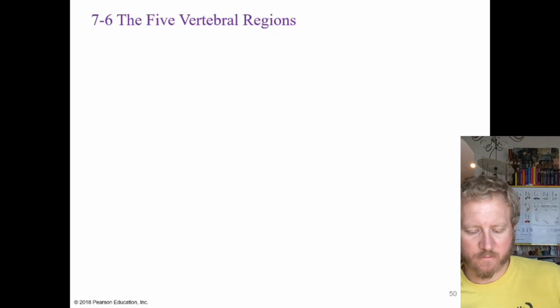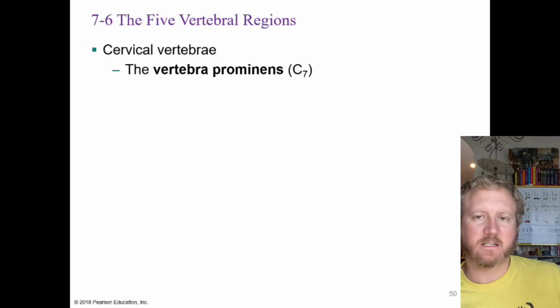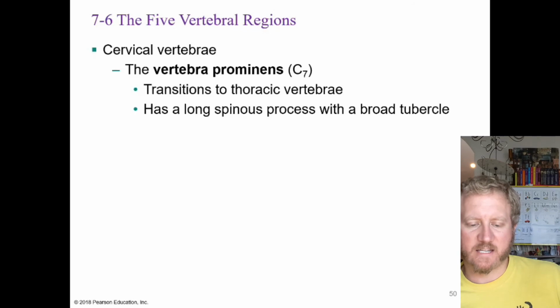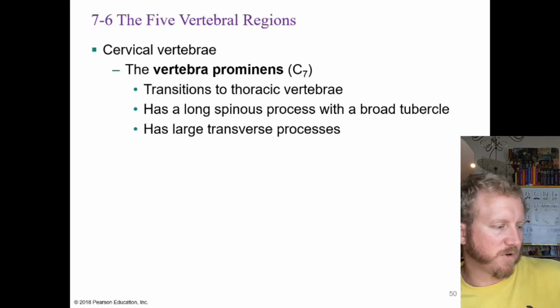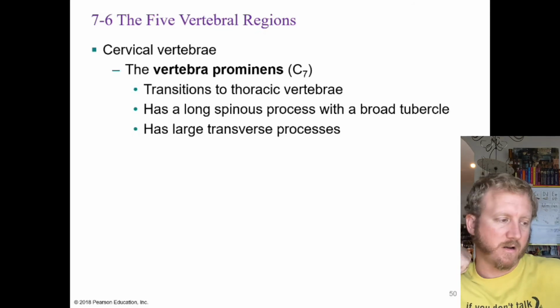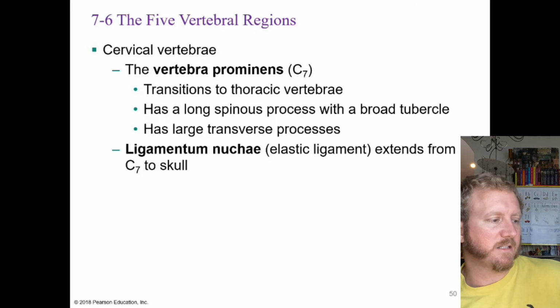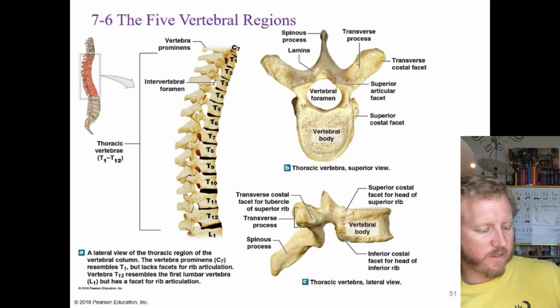All right, moving down from those then, the other cervical vertebrae, C7 is the vertebra prominens. That's the one that basically transitions from the cervical to the thoracic vertebrae. It has a very long spinous process and a large transverse process. Then there's a ligament that sort of holds everything together, that goes from C7 up to the base of the skull, and that's the ligamentum nuchae. It's an elastic ligament. Moving down below that, we have the thoracic